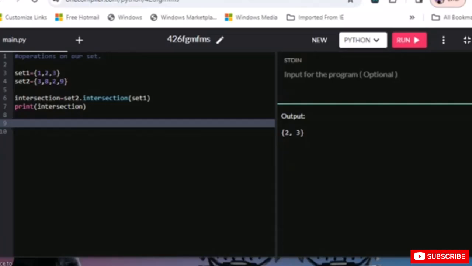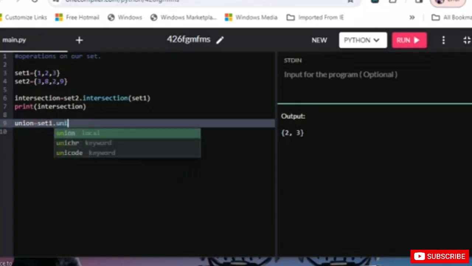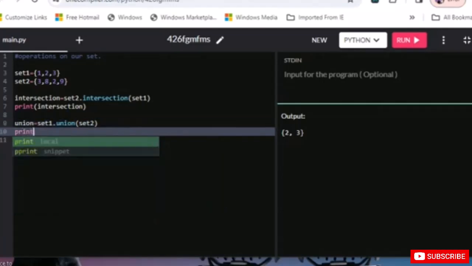Okay, with all that, let's apply another one, which is union. Union is set 1 dot union of set 2, and now just print union. Union basically is the totality.